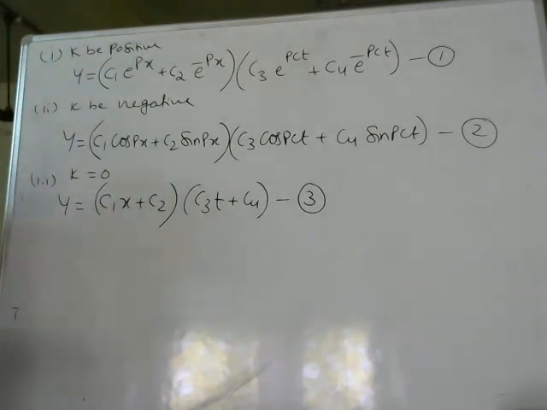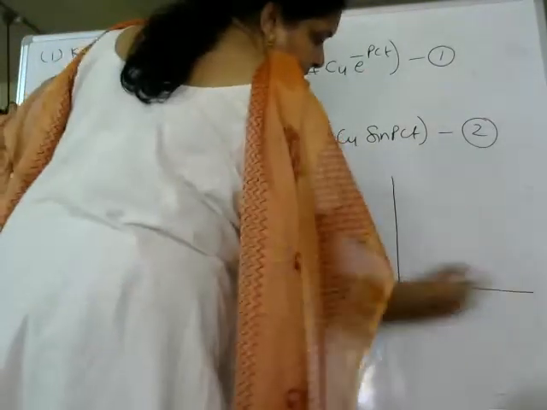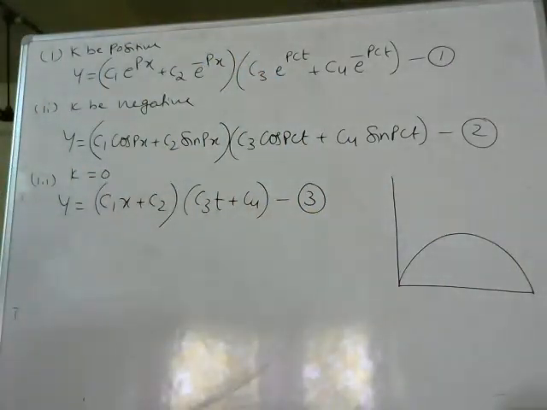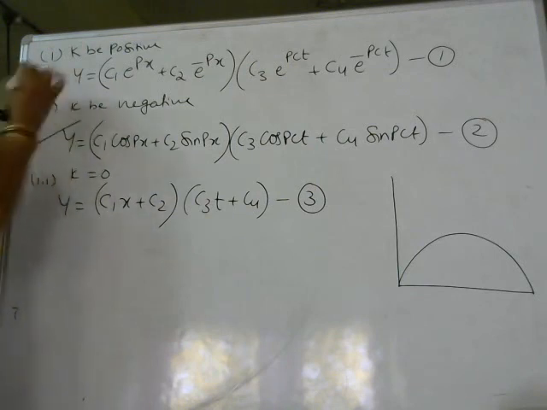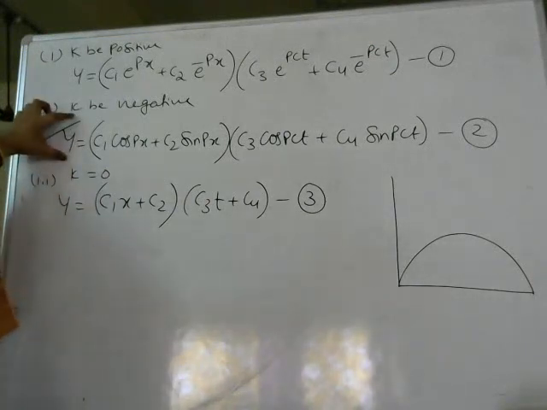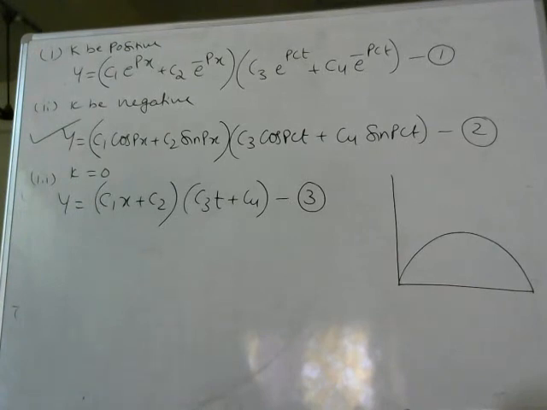So what is a suitable solution? Since we are dealing with a wave equation, the solution is a periodic function. So automatically out of these three, this is the only suitable solution we have, where the solution consists of periodic functions. So the solution of a wave equation is this solution. Out of these three, this is the only suitable solution we have for the wave equation. So this is the solution of a wave equation here.